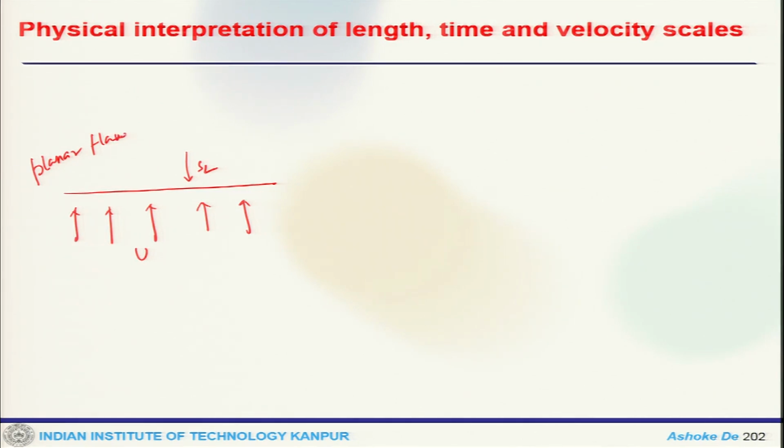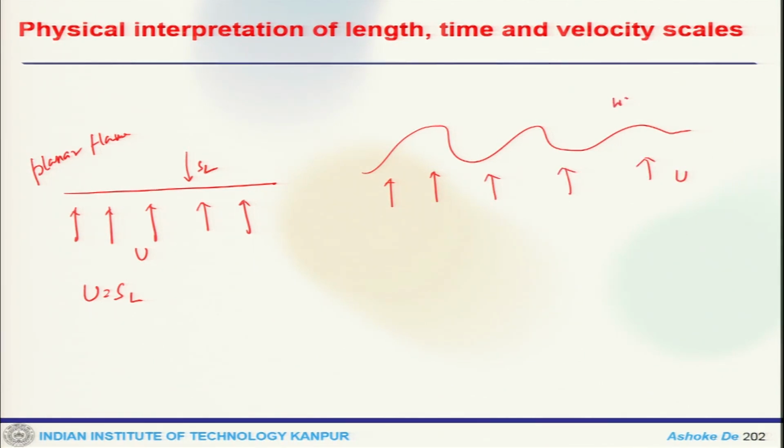So for a planar flame, the stability criterion is that U has to equal SL. Then if you have, let us say, a wrinkled flame, this is our flame front, and the upcoming flow field is coming at U. This is the wrinkled flame and this is our SL. One can say the equivalent is that you have some small eddies interacting,